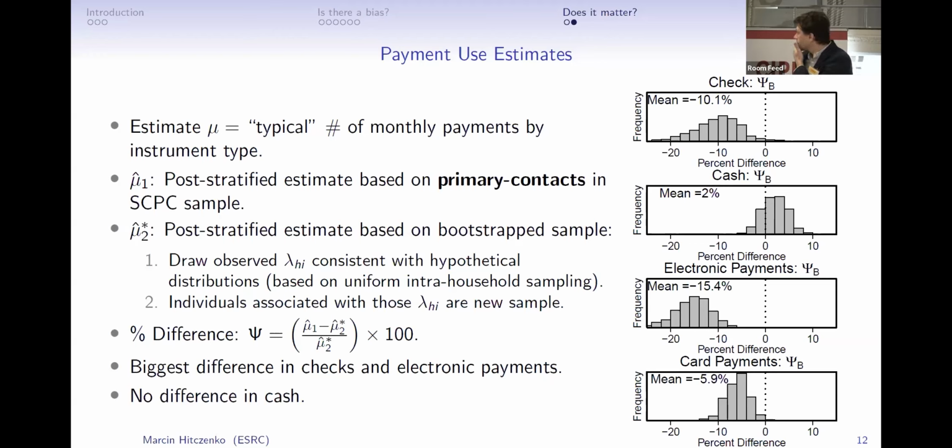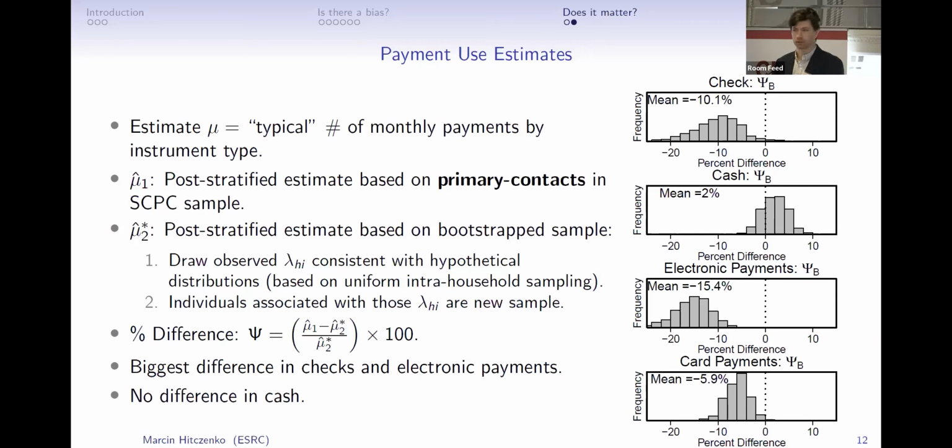And you can see that there's a big difference in electronic payments and check payments, less so for card payments, and pretty much none for cash. And this was consistent no matter the methodology we used for both bootstrapping and for generating the estimates. But I think a potential explanation is that checks and electronic payments are used for household bills, household payments. And so they tend to be made by people who have more financial responsibility, whereas cash and credit less so.